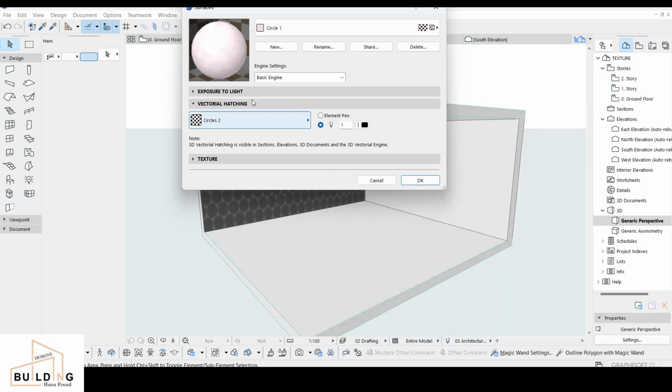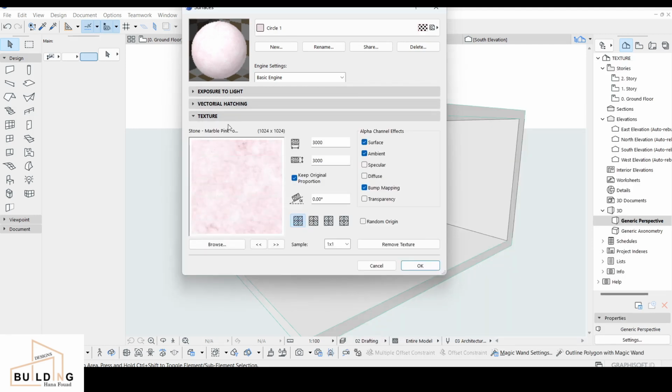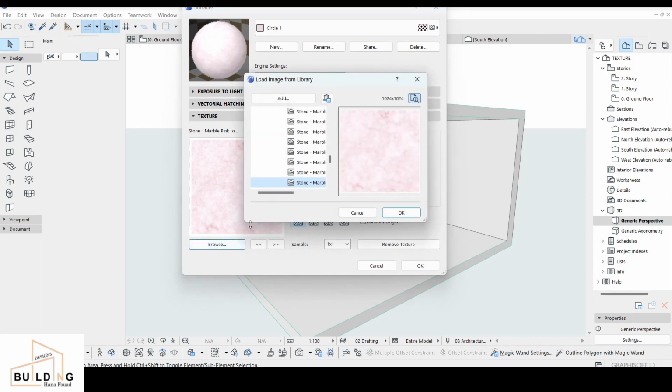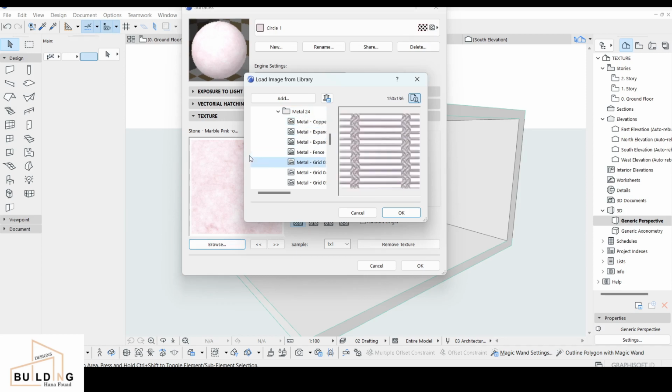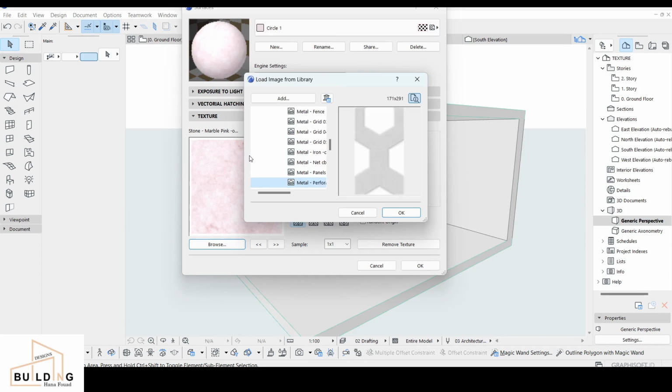Let's go with this one, and then here we select the texture we want. We're going to go to browse. It's loading. So it's showing me here what type of browser I have, but for me there are different shapes. For example, you can go to ceiling shape, but I got more options in metal. If I go here and scroll down, I get different shapes like the circles. I will show you right now. This one, and then this one. This is the one I have used,